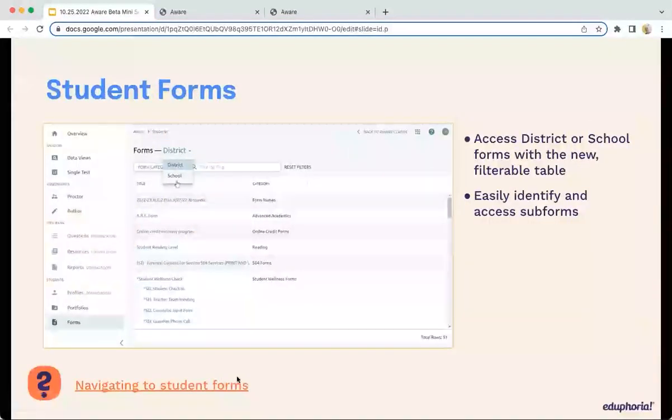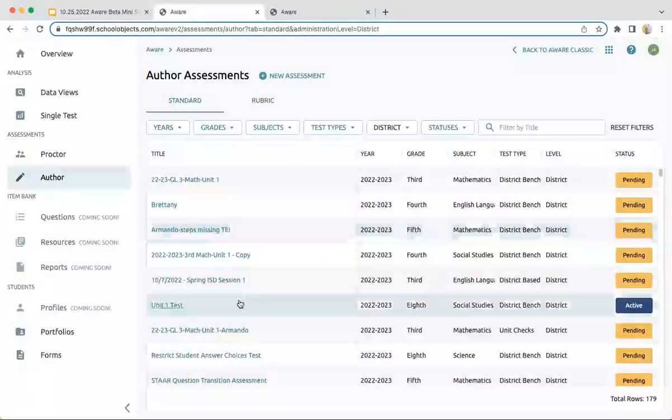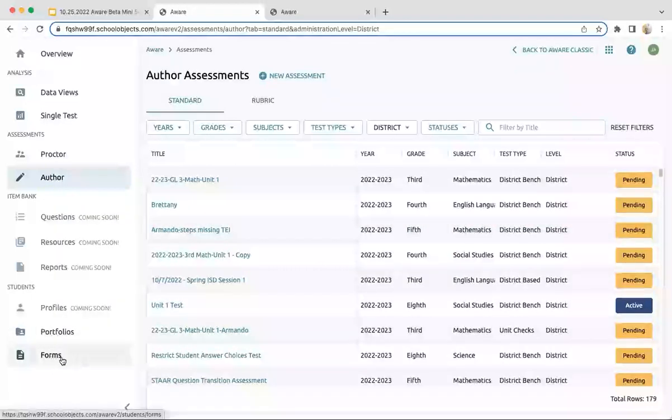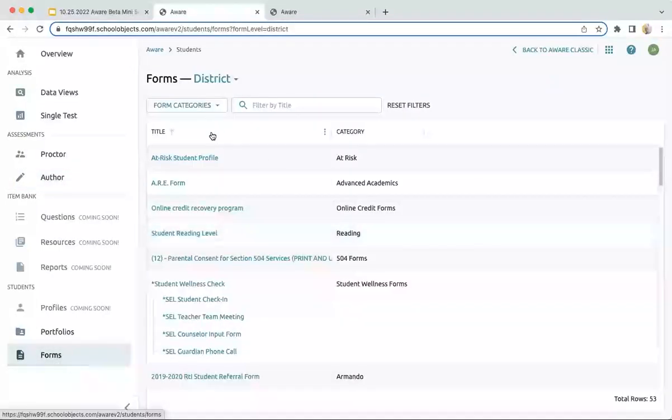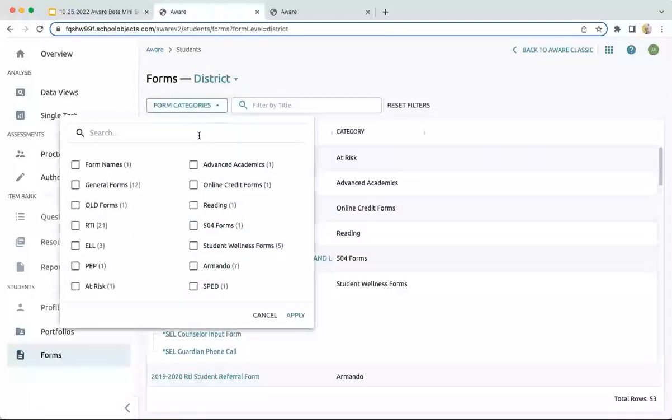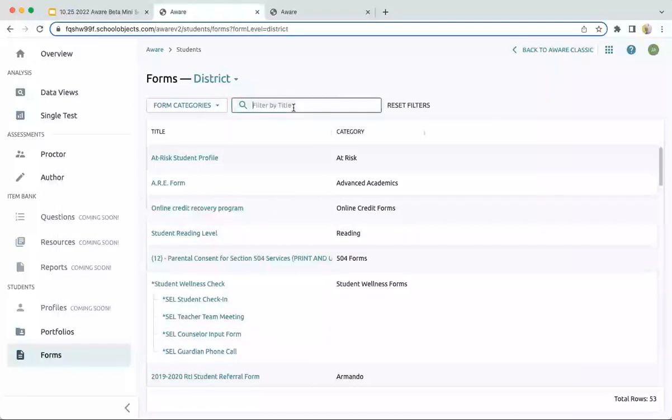Next on the list, student forms. Student forms is really dependent on whether you have the right to actually access student forms. Otherwise, you'd access a student form through a student profile. And I'll highlight the student profiles here in just a minute. But if I have the ability to get into student forms, the functionality is very similar, where I can choose either a district or school form. I have either a form category or a campus filter, depending on the type, and I can filter using those, or I can just search